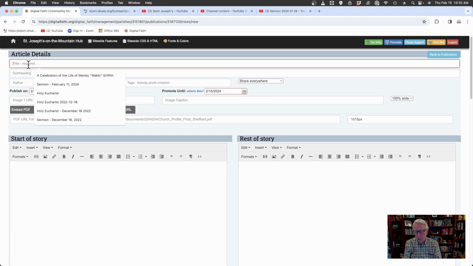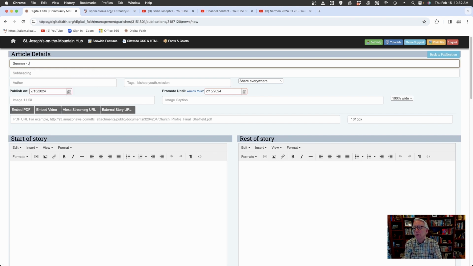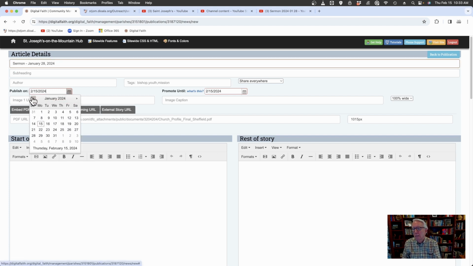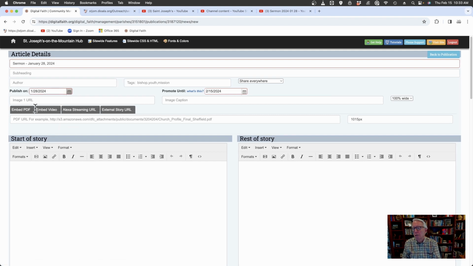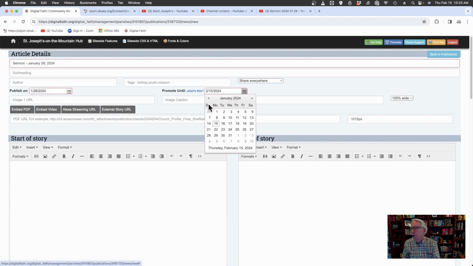and the article title would be Sermon January 28. Is that what it was? January 28? Yes, January 28. Might be handy to have a piece of paper handy to make notes as you work along. 2024. And then I would say, since you're putting in old stuff, publish it on the date that it occurred. So change the publication date to January 28th, 2024. And I just say promote it until that date as well. January 28,